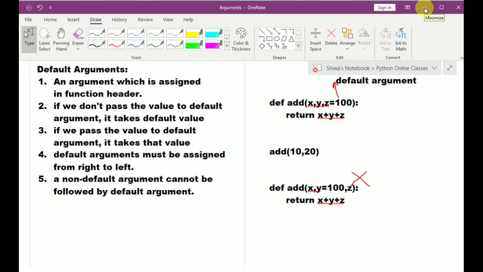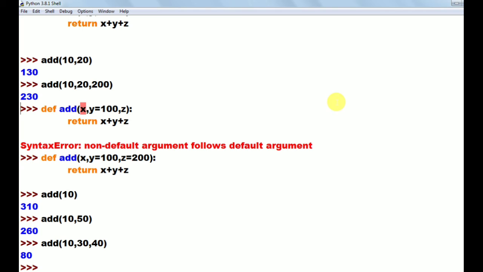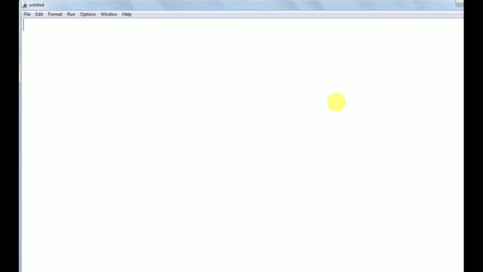See here, I am opening a new file now. I want to define a function, so I am using the keyword def. I am giving the function name as student. I want student roll number, student name, and I want to take fee as the default value. That fee value is 15,000 rupees. This fee value is the same for all students, that is 15,000. That's why I am taking this fee as the default argument here.